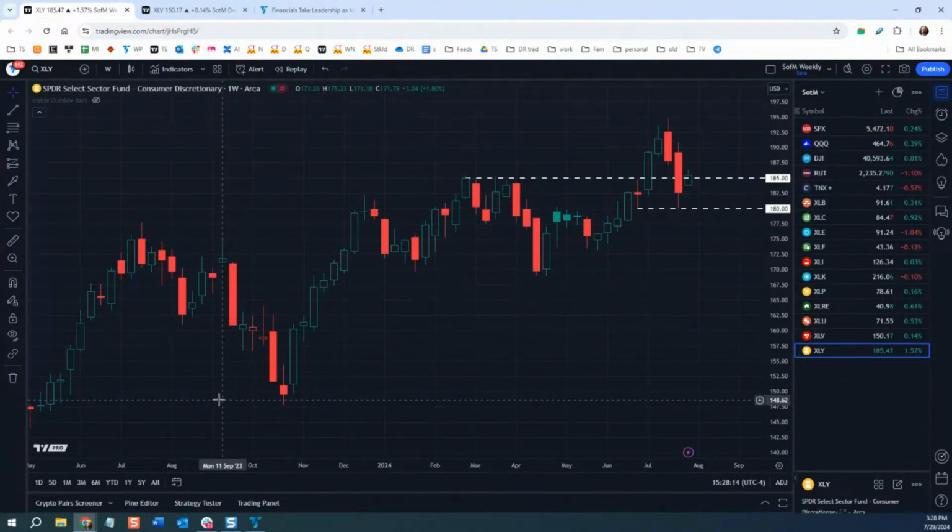But the key thing is that here we have 185 on XLY, and you can see here again, we dove down to this weekly low from late June, and we held, and now essentially we're trying to build support at the old resistance, an inside week as well. So I think we look at something like this.